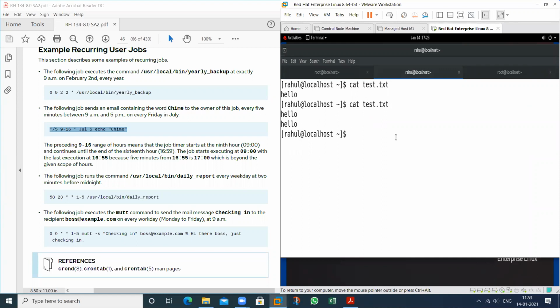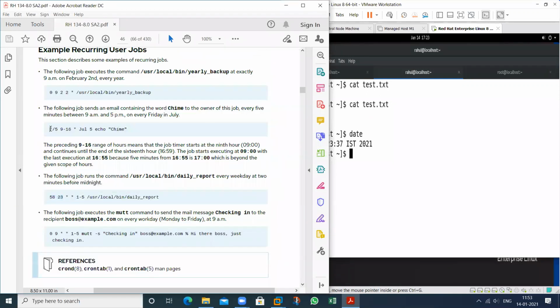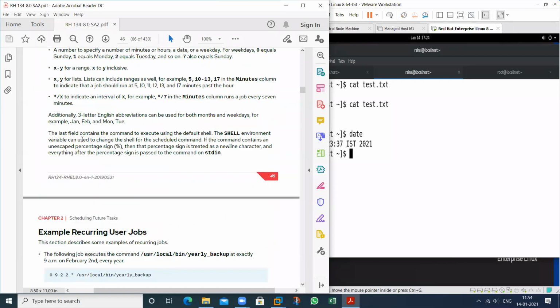Say at 17:23, after 2 minutes, the message will print. Every 2 minutes, it will print that particular message. So this is the meaning of /. It means per 5 minutes, every 5 minutes, at this duration. So this is the duration.